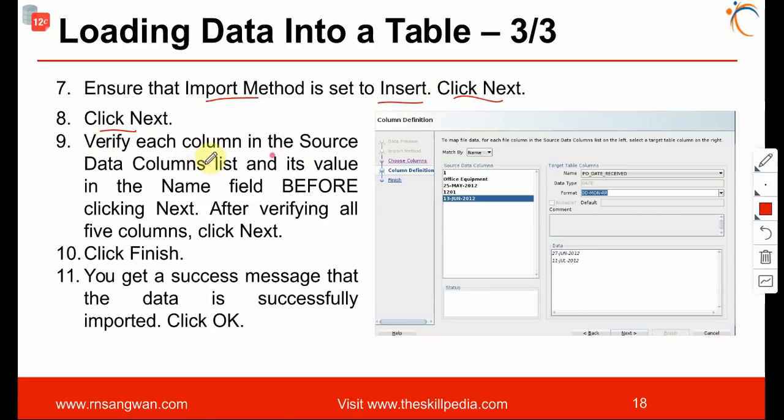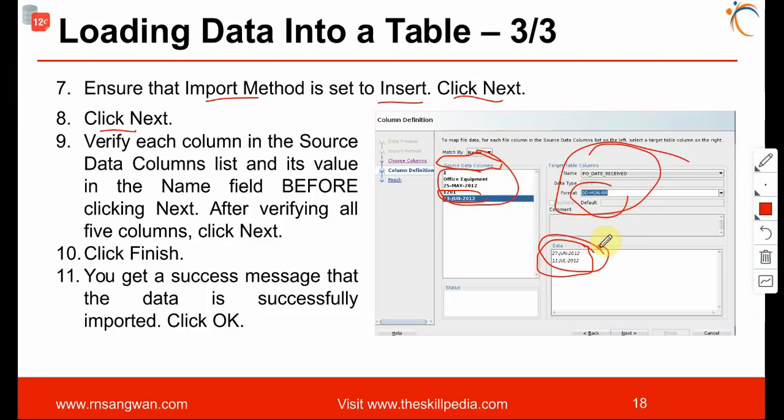Verify the column in the source data columns list and its value in the name field before this. So we specify the data, we match it to the corresponding data type of the columns. This is the sample data and this is the right hand side, what we have in the table. So we are matching the data type. For example, I have selected this date here. I specify the format of this date here. And the moment I format, I get the detailed meaningful date from the same converted date. This is the data which is required from the source data content, right? After formatting, this will be the data for you.